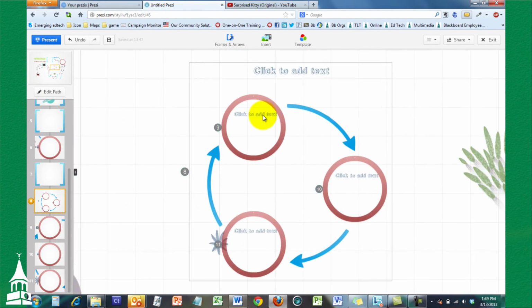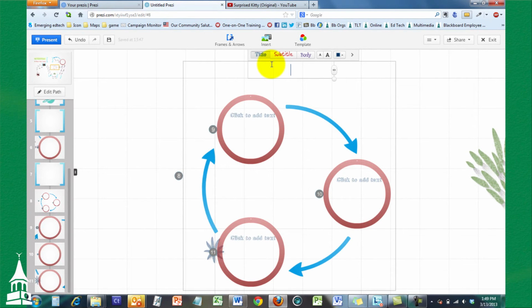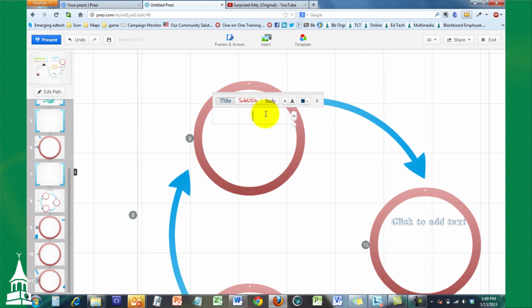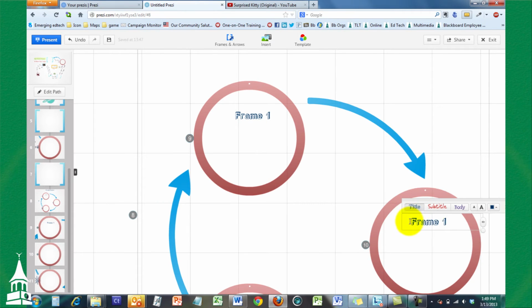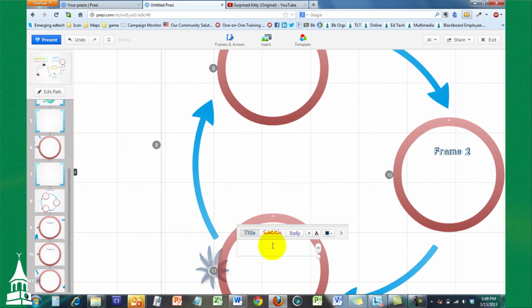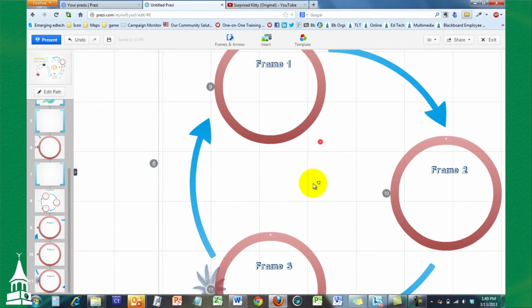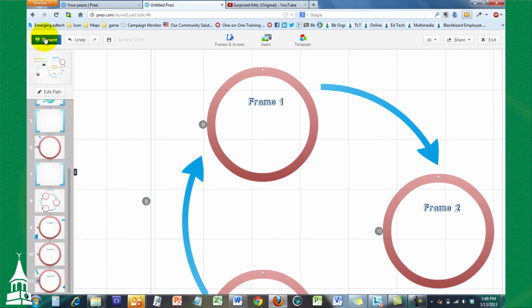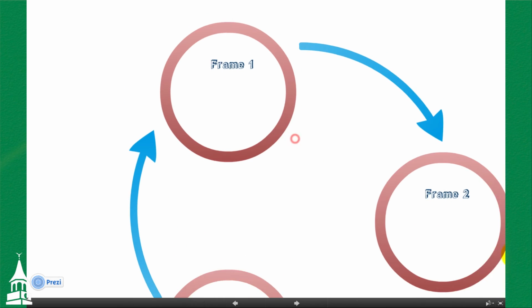So for instance, if I added some content to here, so example diagram. So we'll have frame 1, frame 2, frame 3. Okay, so I'm going to go ahead and go back into presentation mode and see what my Prezi